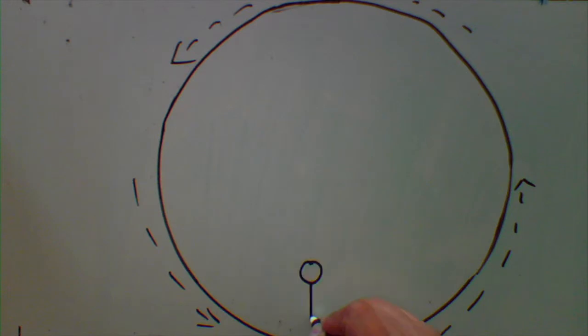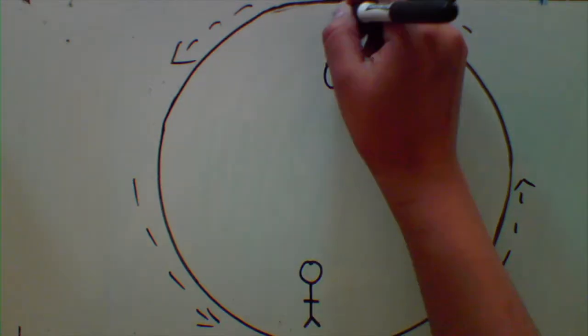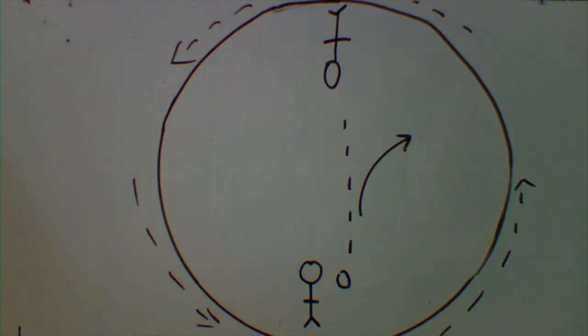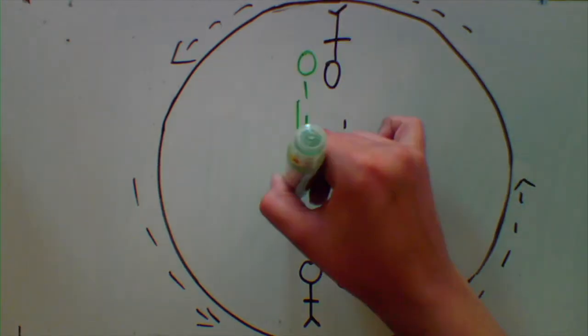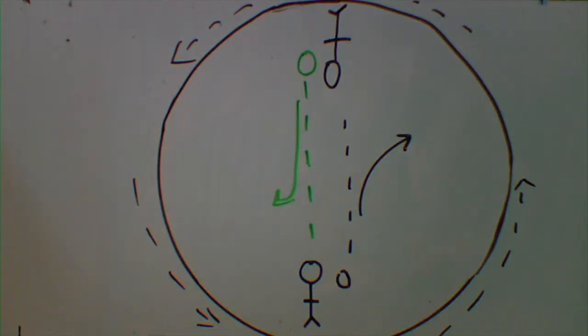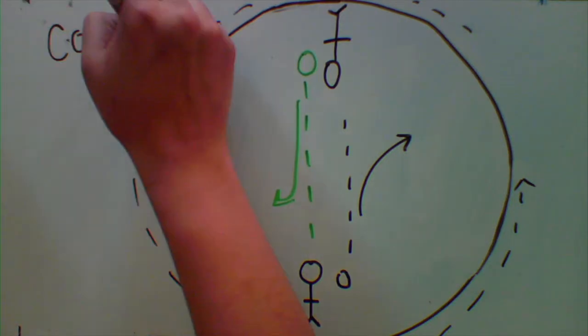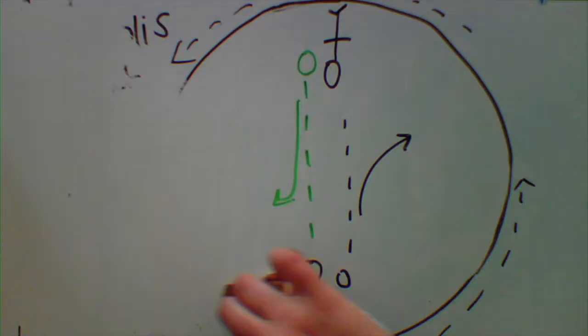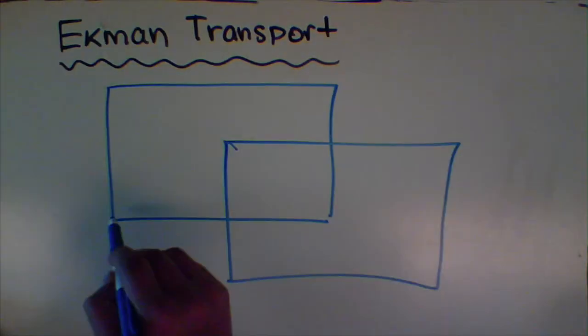Recall that the Coriolis effect is the deflection of moving air or water, or any object with mass, away from the initial course. The curve will be to the left, counterclockwise from the expected path in the southern hemisphere. This deflection means that even though the wind blows one direction, the surface current will move 45 degrees counterclockwise from that. The layer of water directly under that will be deflected from the layer above, and so on as the